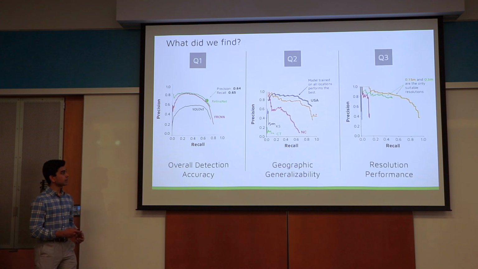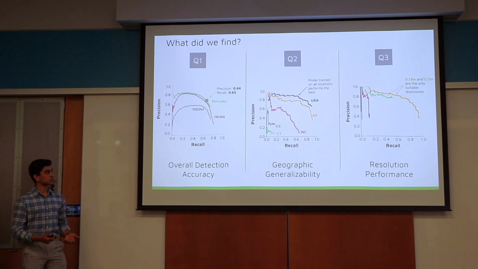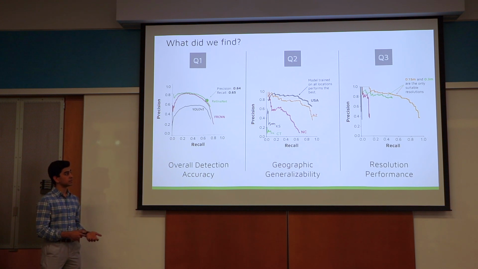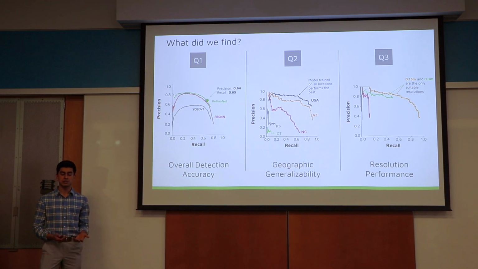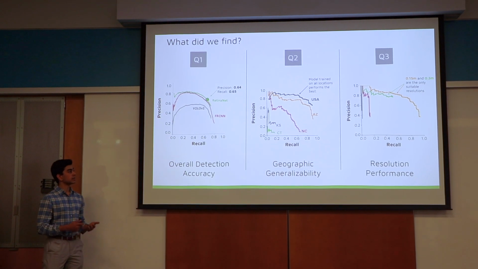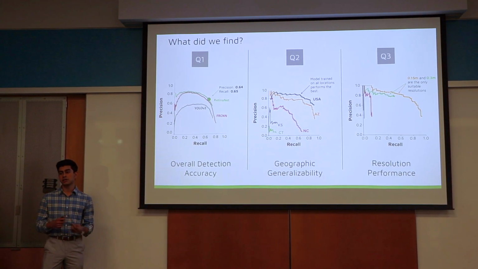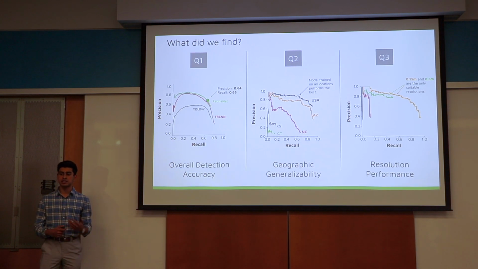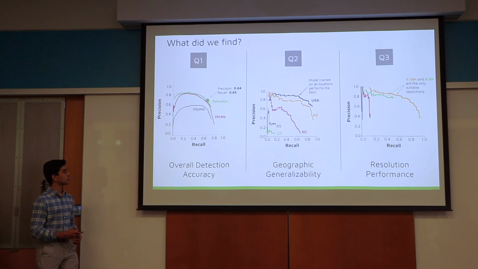itself. And then finally, we explored the resolution performance and saw that the 0.15 meter and 0.3 meter data were the best resolution, or were the only types of imagery that we were able to get good results with. Anything of 0.5 meter data and worse, we weren't able to get good results with. Now, it's important to note that these are our particular results for the particular geography that we tested, and that was Arizona, and that testing in other geographies might change this threshold a little bit.